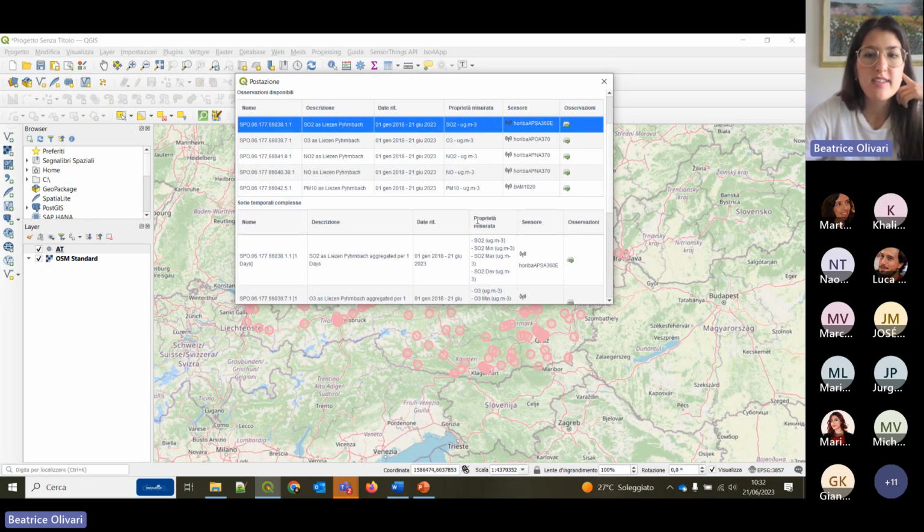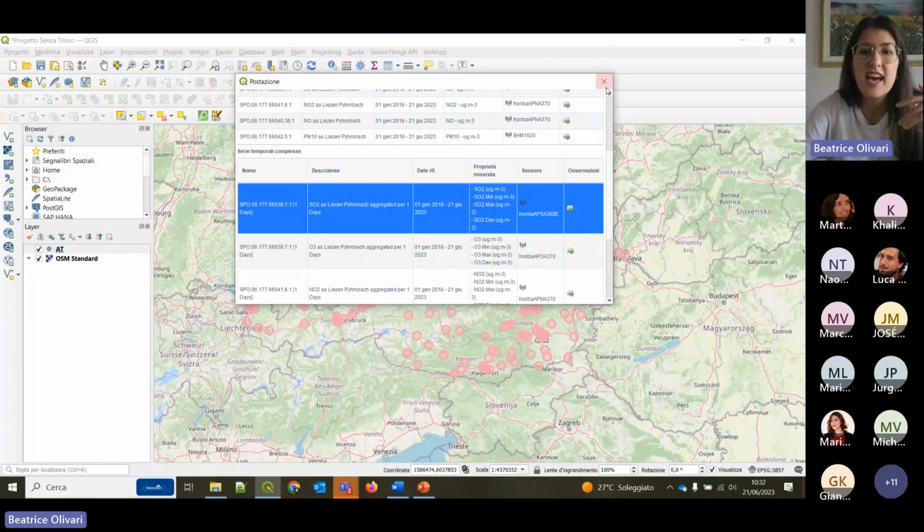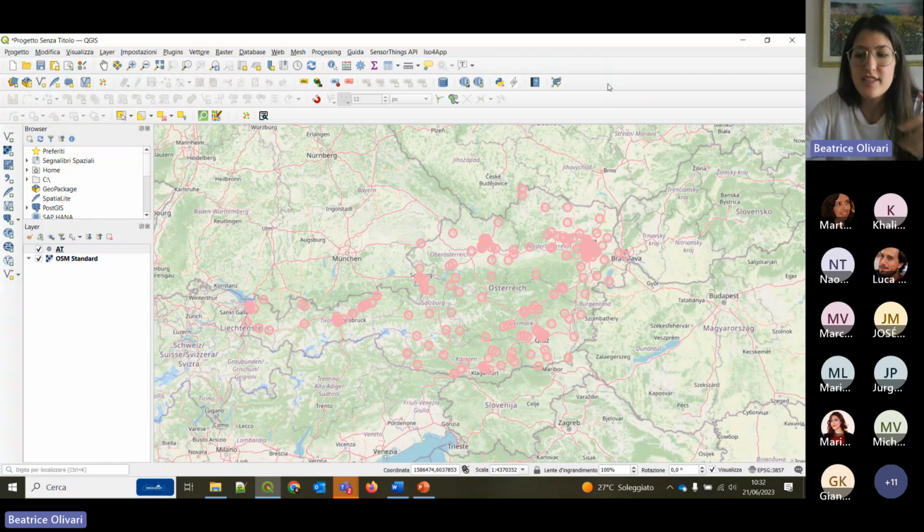And we can also filter in the interval of time and check the information we need. So this is a way to visualize this data according to the location. This is all from my side.